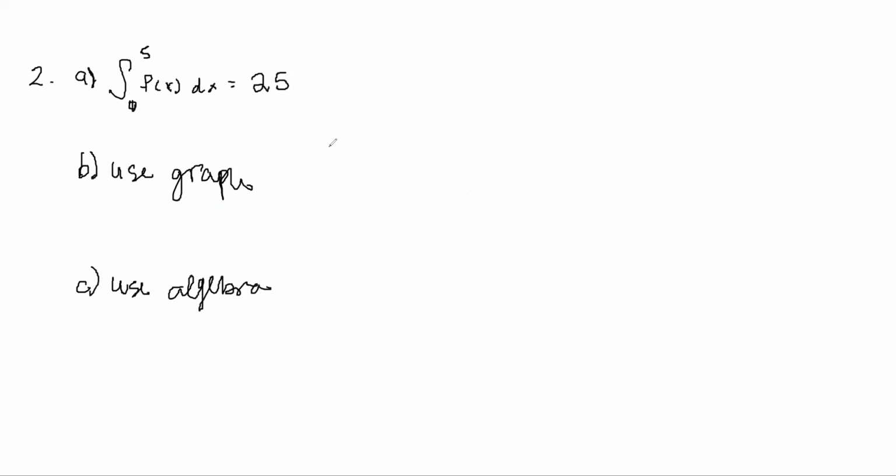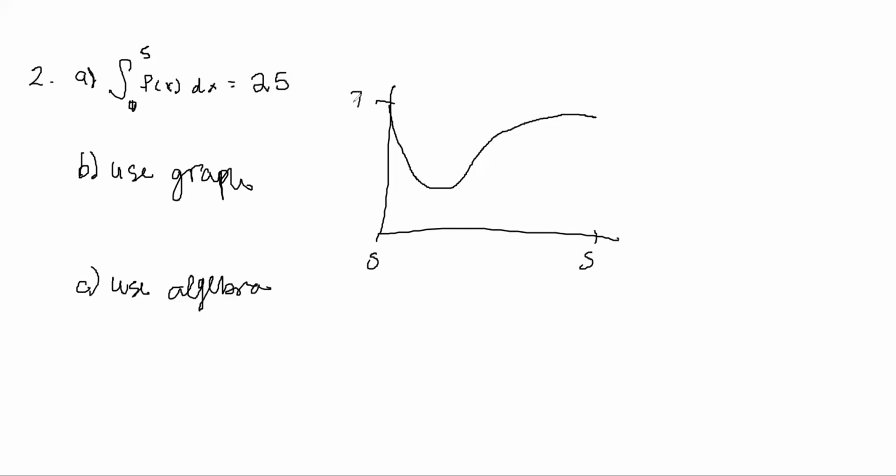I hope it's legible. Okay, so we have this graph. It looks something like this. Goes from 0 to 5. This is about 7. So what I would do is, we want to draw a line where the area that's in the rectangle is approximately equal to the blank area